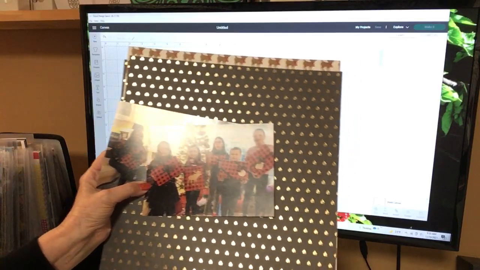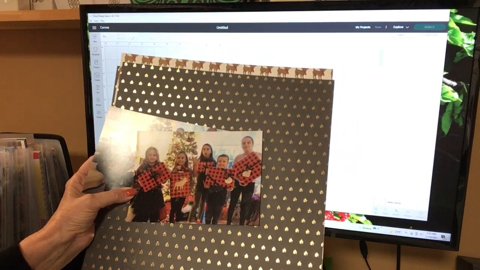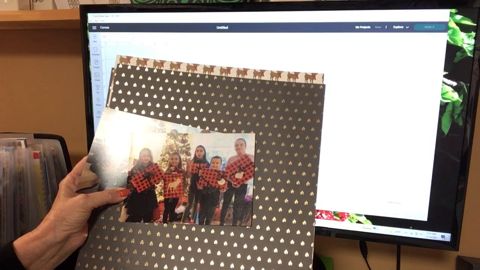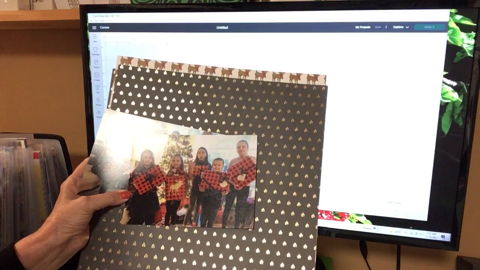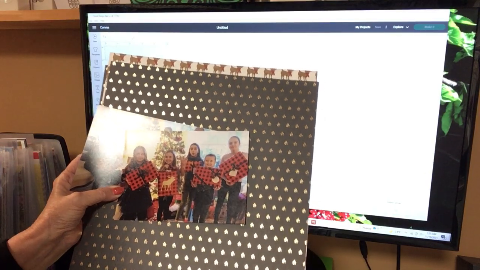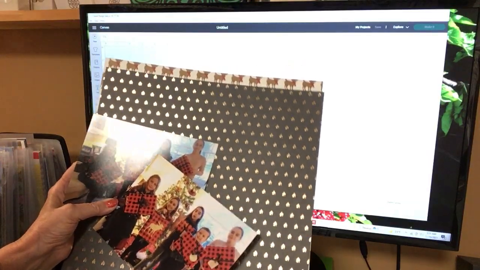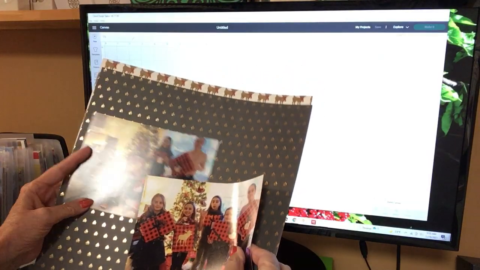Today I decided to show you how I design a page in Design Space. I always do my layouts ahead so that everything fits and I'm not cutting things the wrong size and wasting paper. So when I prep my pages,